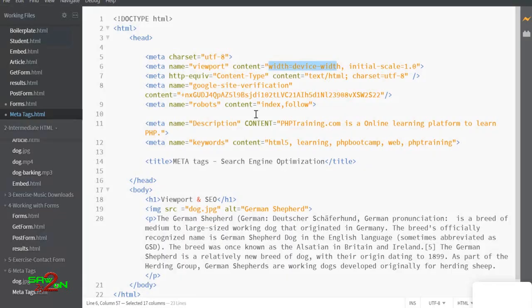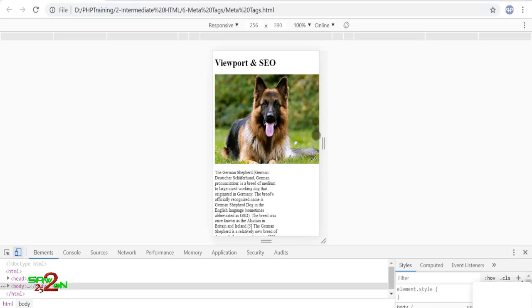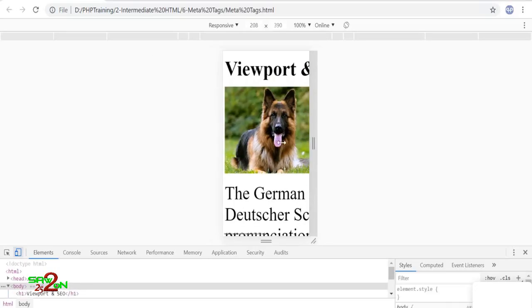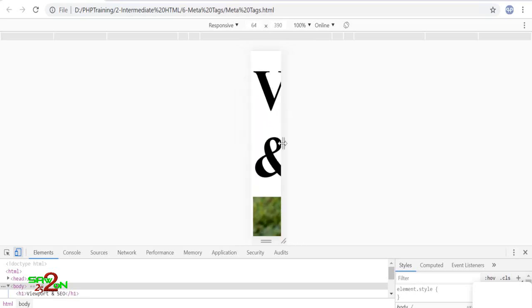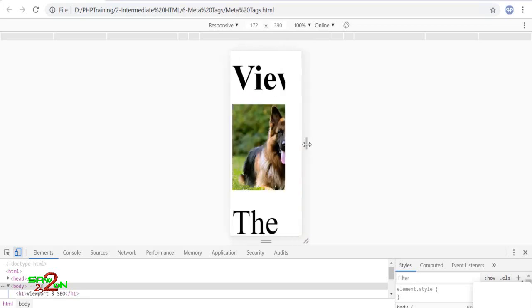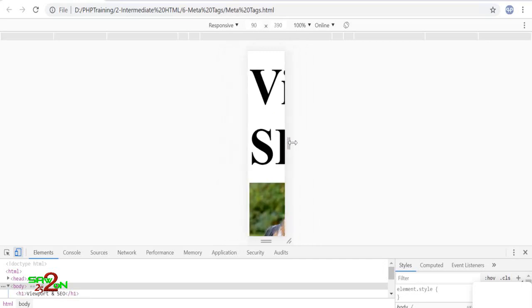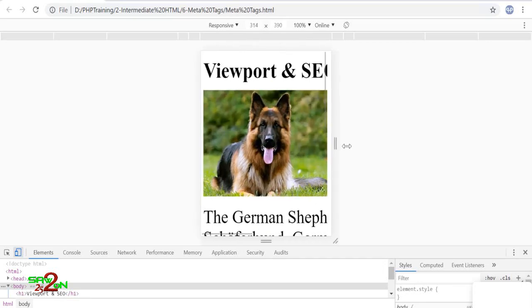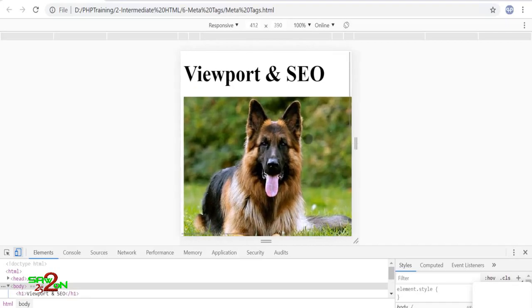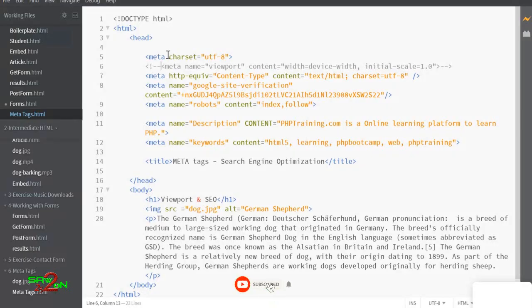If I remove that tag, you see what happens to the text now. It's not resizing, because I have not told the page to resize based on the device width. That's what comes from the viewport.